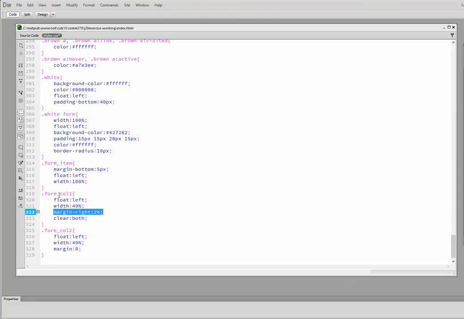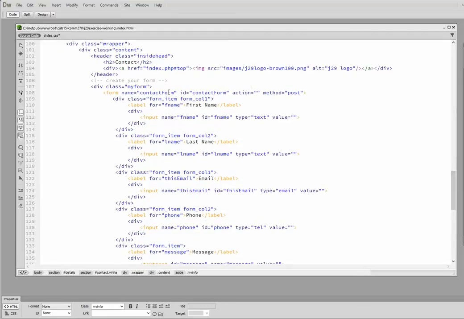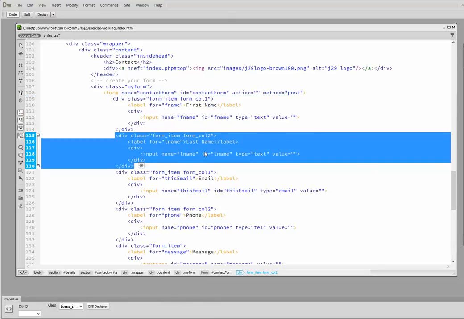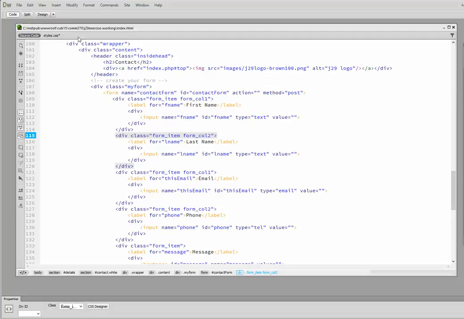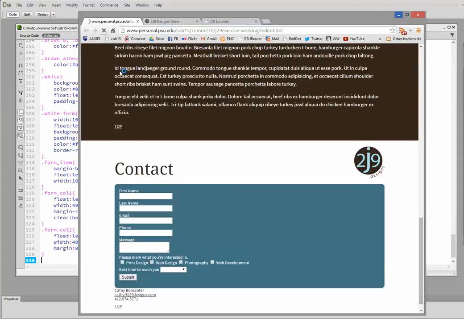I'm doing it with the two different classes on it instead of trying to sort it out and have it be a last child, because not everyone has two columns on it, and so I would have had to put some other class or container on these at any rate, and in this way I just styled both of them. Okay, so technically I could have put form column on each of these and then did form column last child as this definition here. But this works. Let's go ahead and save that and see if it did indeed work to some extent,